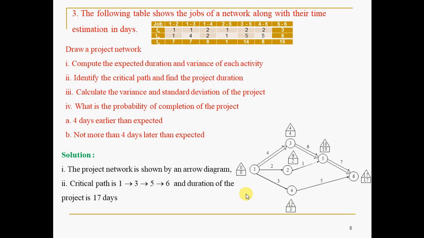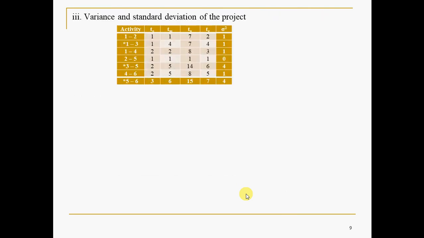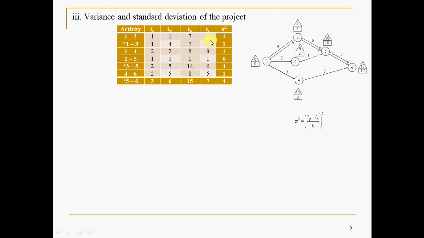Fine. Now let us go to the calculation of variance and standard deviation. For that you need to calculate TE first. TE, how to calculate? You know that 1 to 2, 1 to 3, 1 to 4, all these are the activities. Whatever has a star, they are the critical activities. TO, TM and TP. How did we get this TE? It's very simple. TE is obtained by TO plus 4TM plus TP divided by 6, which we discussed in the steps. In other words, you converted these 3 time estimates into a single time estimate, that is TE, the expected time or average time.